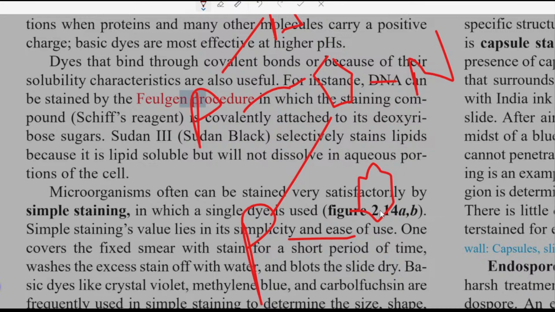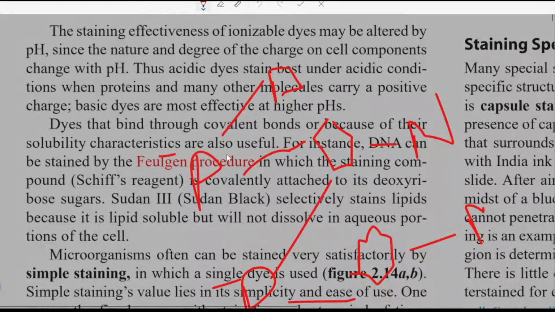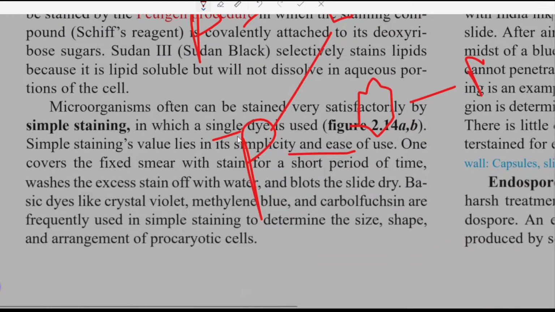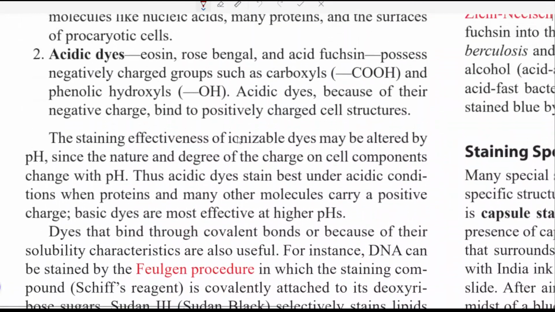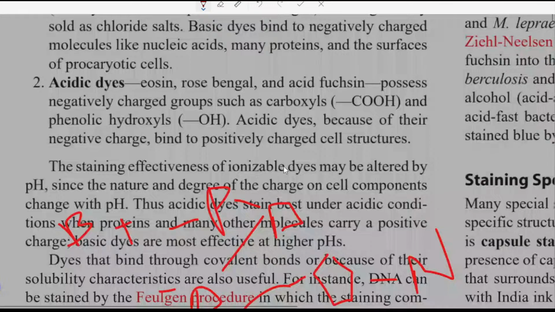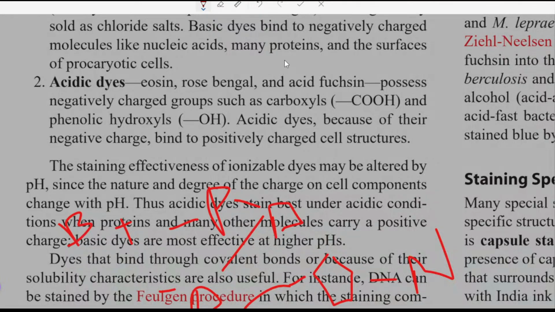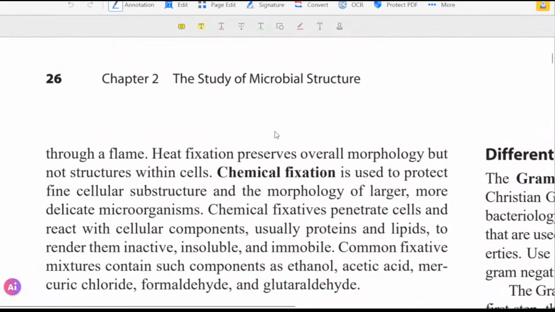I know I'm drawing it a little bit roughly. This is how the ribose sugar originally looks. So this is how it looks, and these P's have a negative charge on them, and so that's why the nucleic acid has a negative charge on it. So that's why the positive basic dye is attached to the nucleic acid, while proteins, where are proteins? Yeah, many proteins. Some amino acids are negative, some amino acids are positive. So yeah, it attaches to many proteins,